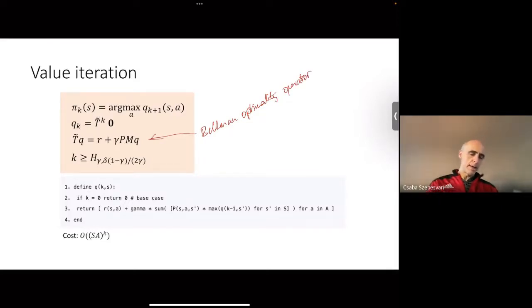And you just apply it to the identically zero function, let's say k plus 1 times. You get some action value function. And if you want to know how to act in a state S, you just query this at this state. And the realization is that if you look at the definition, you need to iterate T tilde k times. And that's just a recursive call, because then you have to plug in T tilde applied to the previous Q. That's when you iterate things once.